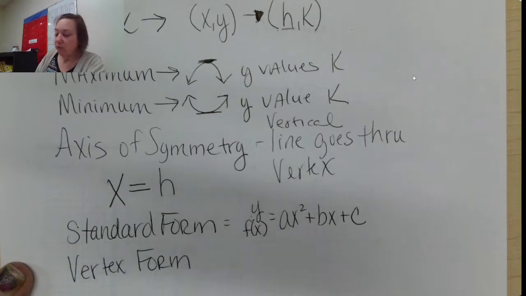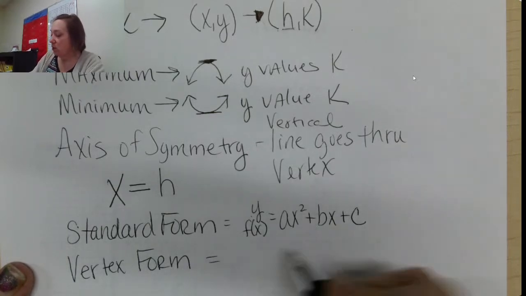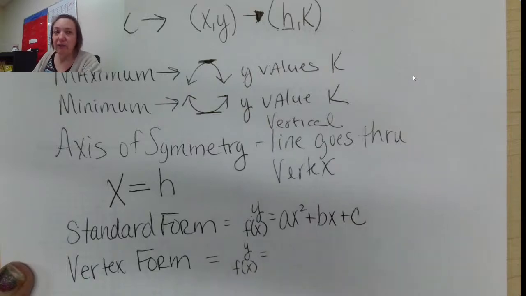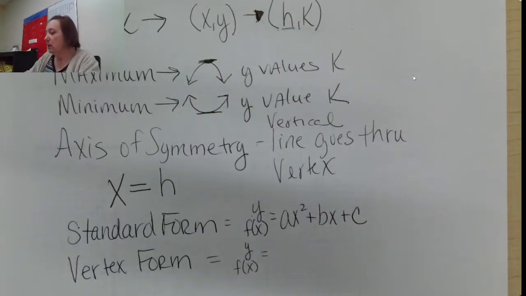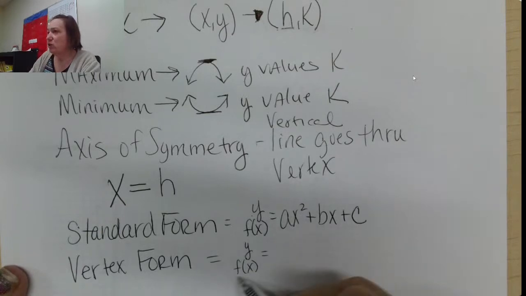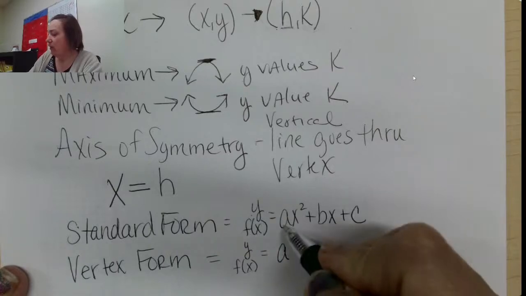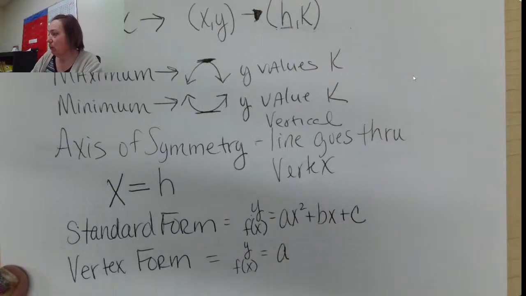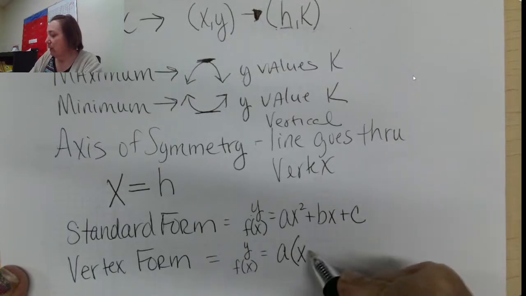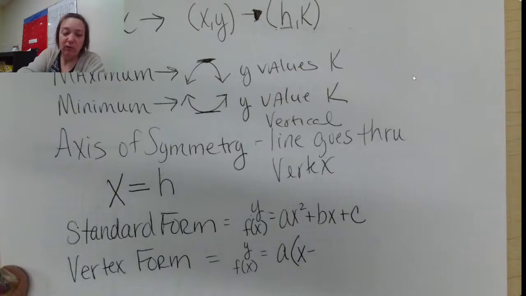Okay, so in vertex form, it looks like this. So you're either going to have y or f of x over here, right? F of x and y are the same thing, and f of x is just function notation. That's what it's called. And you're going to have your a, whatever that a is, this a is the exact same number, parenthesis, x minus,